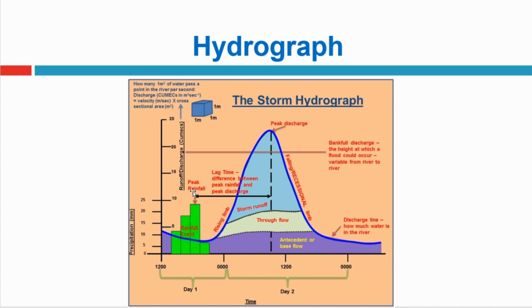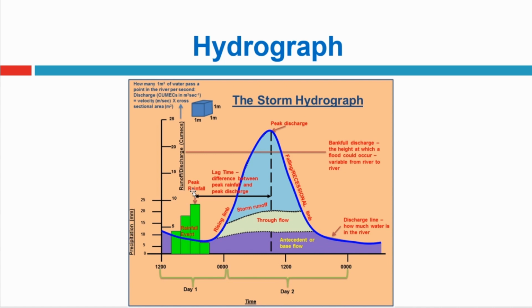The next is, as you can see, previously I had explained that there are different components of runoff. One is direct runoff or the overland flow. Then there is subsurface runoff, the water that is flowing beneath the surface laterally. Then there is a flow from the groundwater to the river, which is called base flow, right? So here I told you that these are the three components which will create the discharge in your river or in your stream.